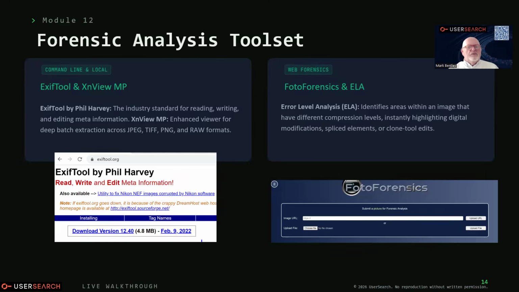A couple of other forensic tools to download. EXIF tool by Phil Harvey is really good. Another one, photo forensics. But EXIF tool by Phil Harvey you download. Remember, download safe, upload not so. It is safe, but if it's sensitive stuff for operational security, you don't want to do it, do you?